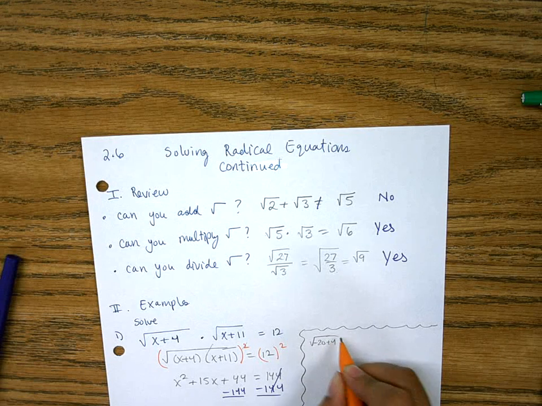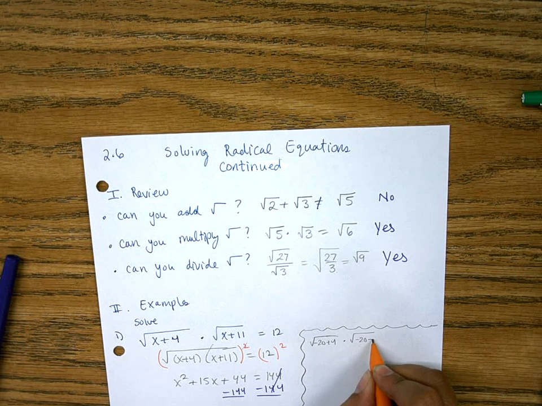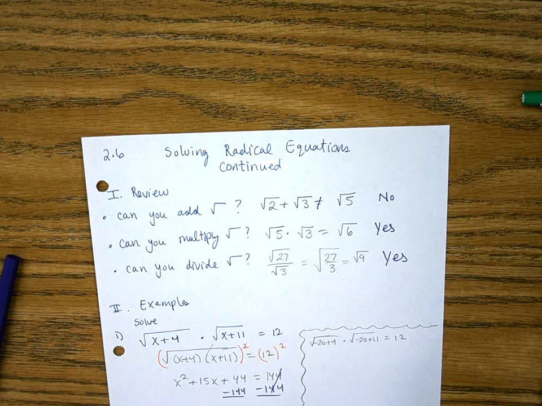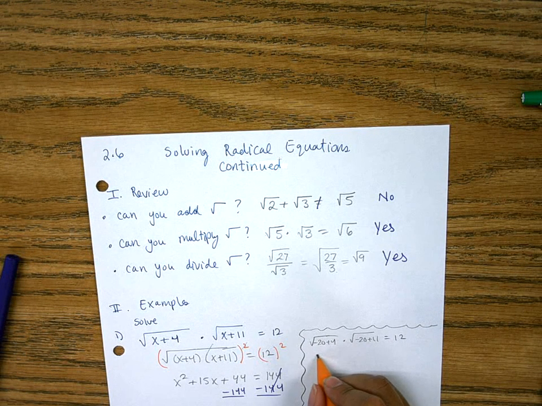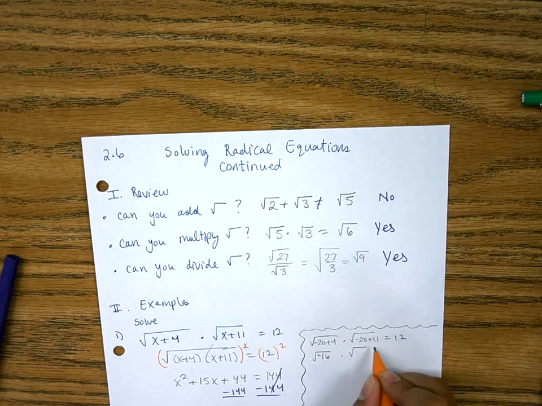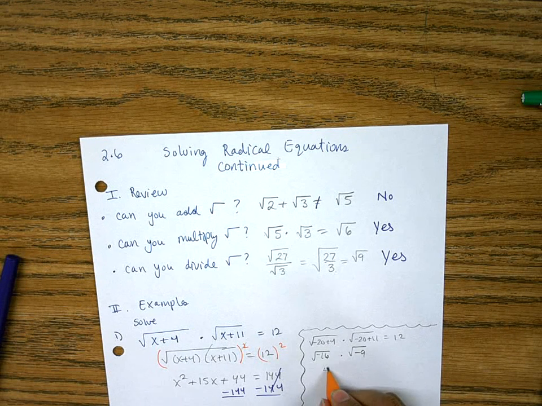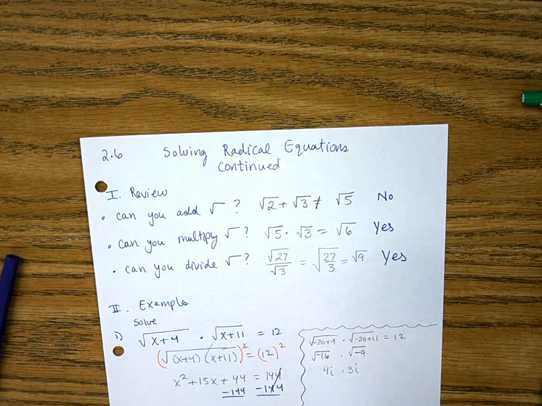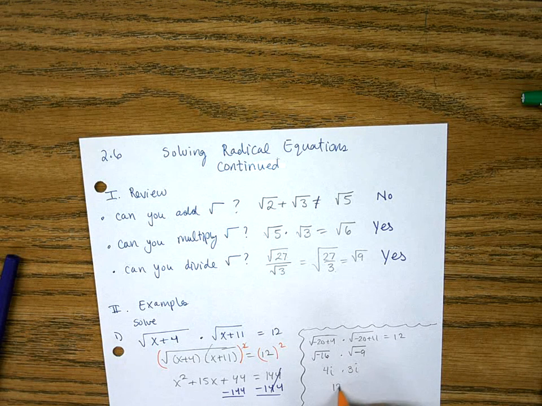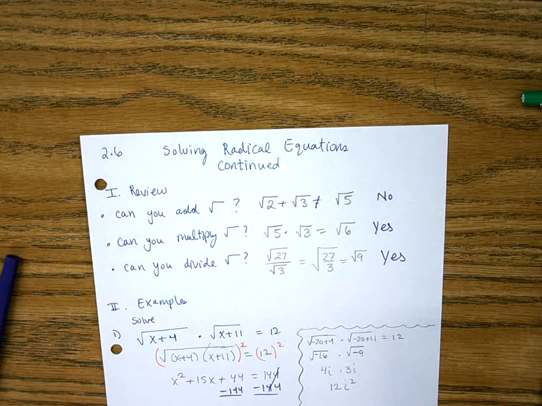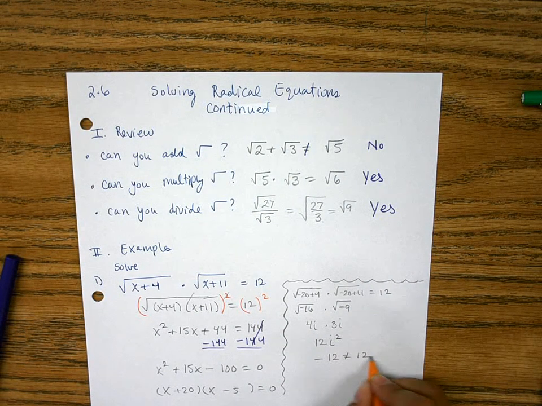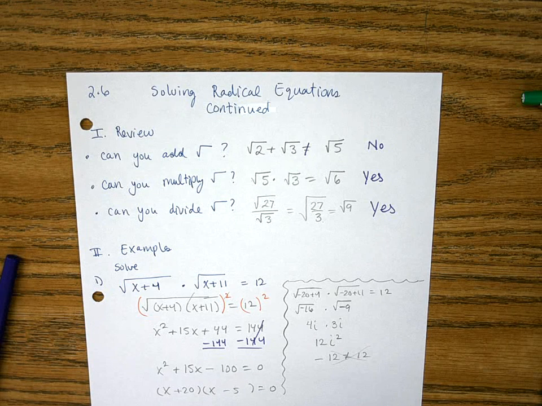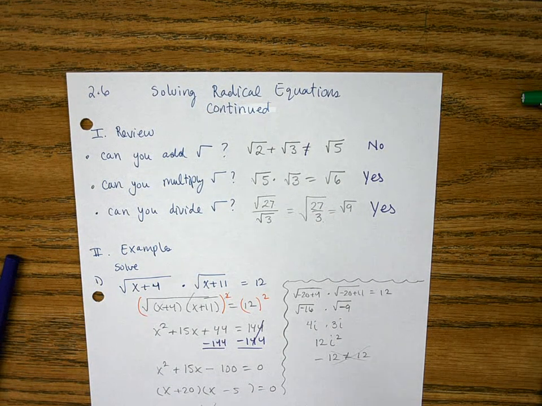Square root of -20 plus 4 times the square root of -20 plus 11 equals 12. -20 plus 4 is -16, times the square root of -20 plus 11, which is -9. Square root of -16 is 4i and the square root of -9 is 3i, and 4 times 3 is 12, but i times i is i squared. If you remember from last year, i squared is -1, so -12 does not equal +12, so that